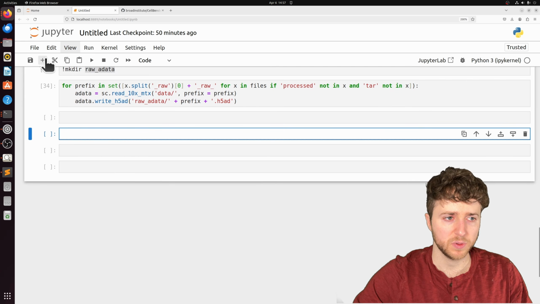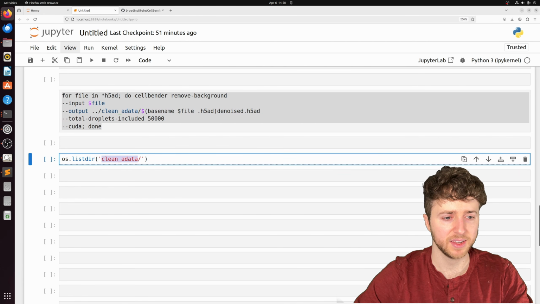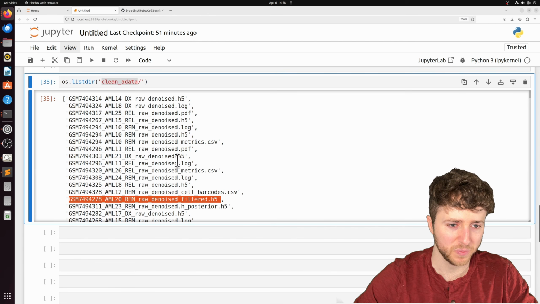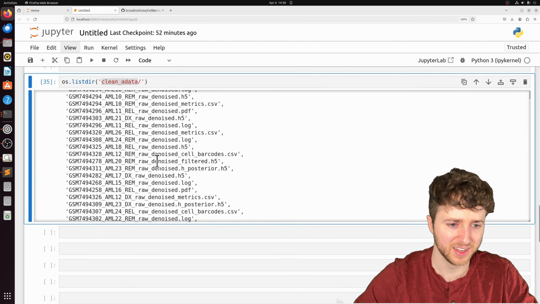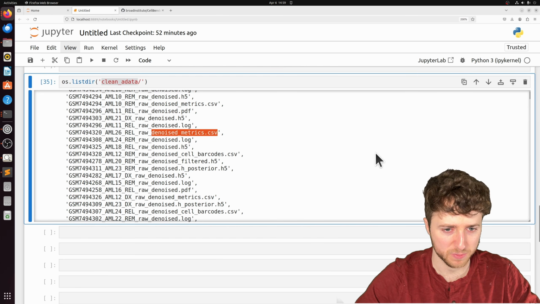So back to our notebook, we can list our clean AData directory. We want the ones that end in filtered H5. So these are the cells that CellBender calls. We also have this metrics file, so let's actually see how much background RNA was removed.